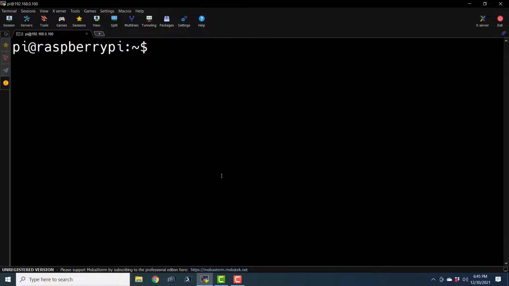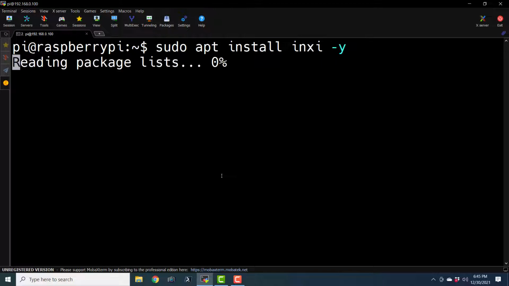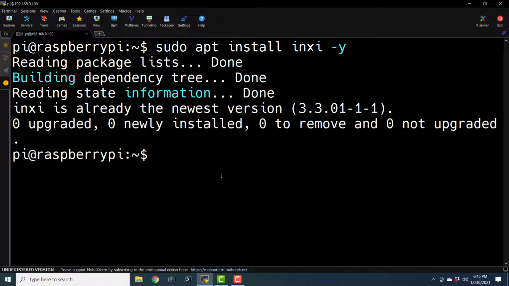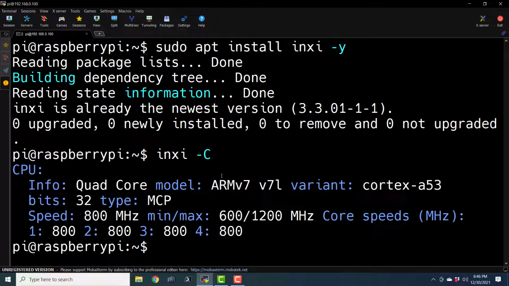And if I clear the screen and let us say sudo apt install inxi -y, and then inxi -C, it is going to show us some hardware related information. Okay, so this is the CPU related information again.